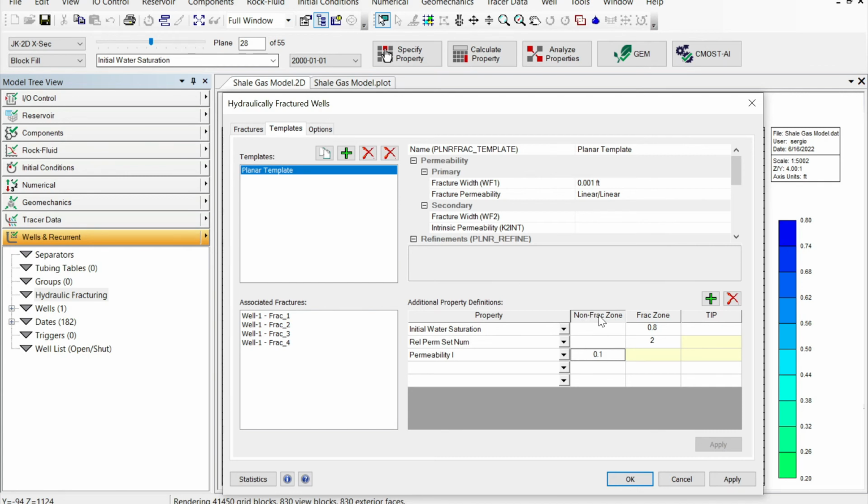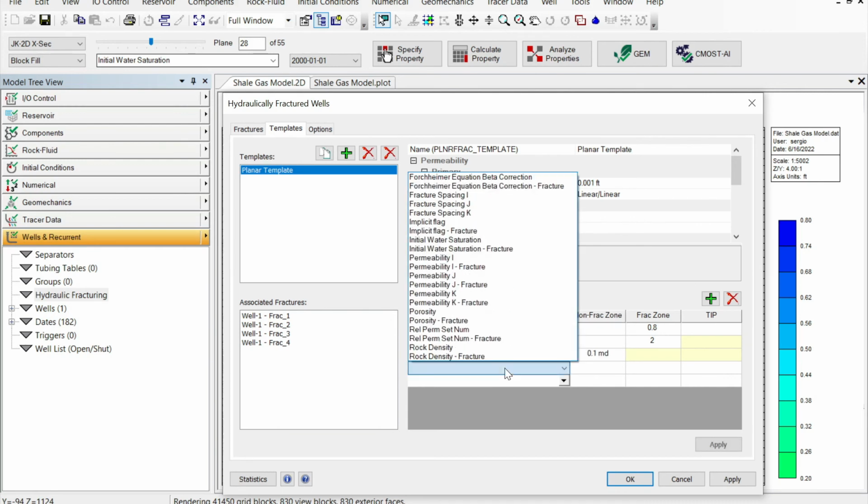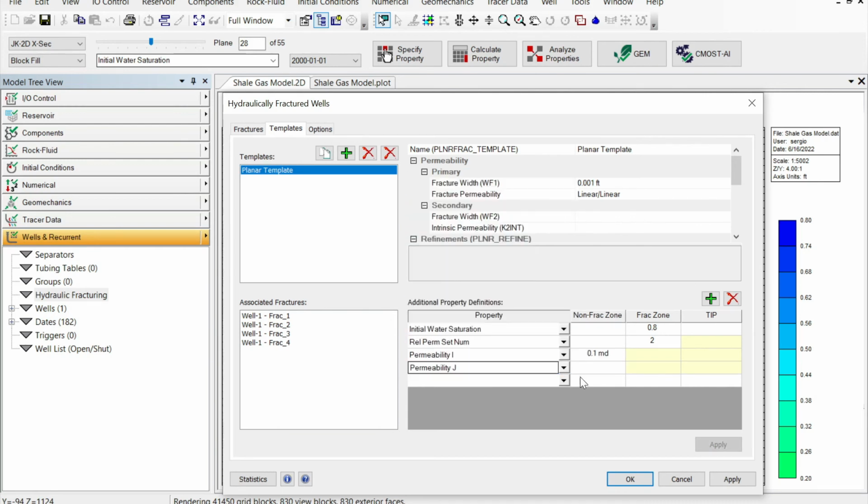Okay, the fracture zone is the same as a stimulated zone, the cells around the fracture. Remember, this permeability will be less than fracture permeability and higher than matrix permeability. Select permeability in J and permeability in K and type the same value, 0.1. Clicking Apply,